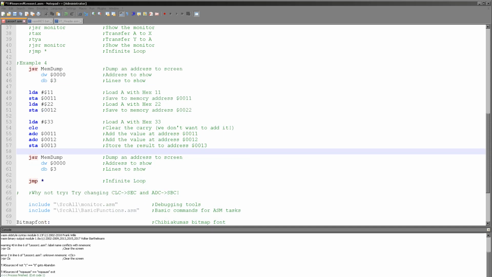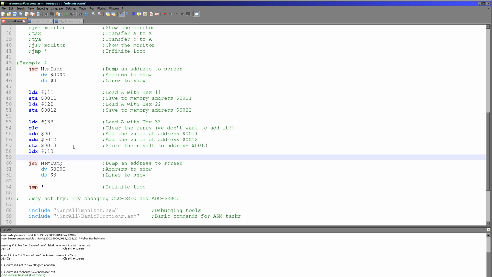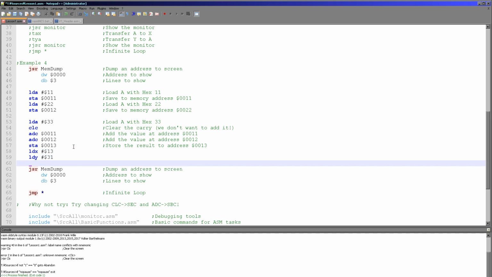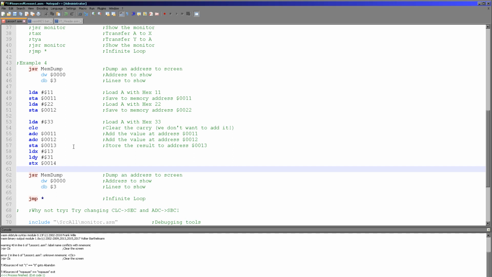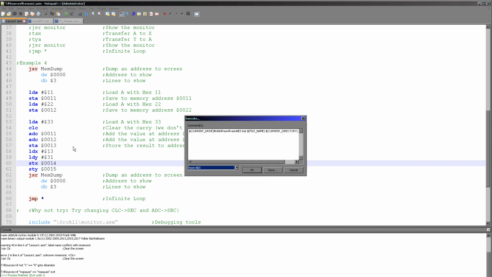Now I said subtract with carry and add with carry could only be done to the accumulator, but fortunately the store command is available for X and Y as well. So if we just do LDX with 13 and LDY with 31, and then we do STX for store X, and we will store that at hexadecimal 0014, memory address of course, and then STY with hexadecimal 15, and we run this,